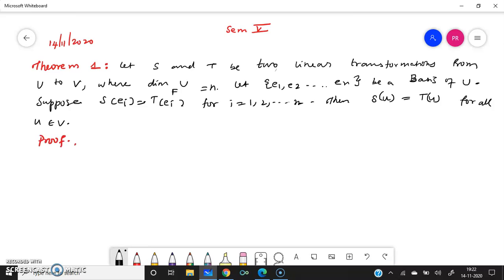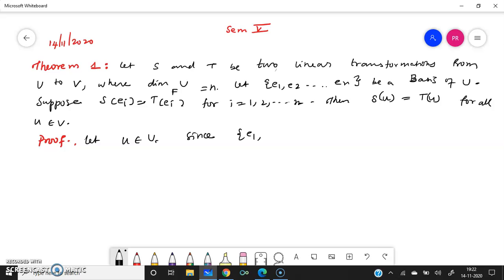So what is given here is S and T are two linear transformations from U to V. Because they are linear transformations, their properties hold, and moreover dimension of U equal to n, and a basis is also given for U, and we have supposed S of Ei equal to T of Ei is also given, and we have to prove that S of u equal to T of u. So what we will do is, we will take one element u in U, let u belongs to U,